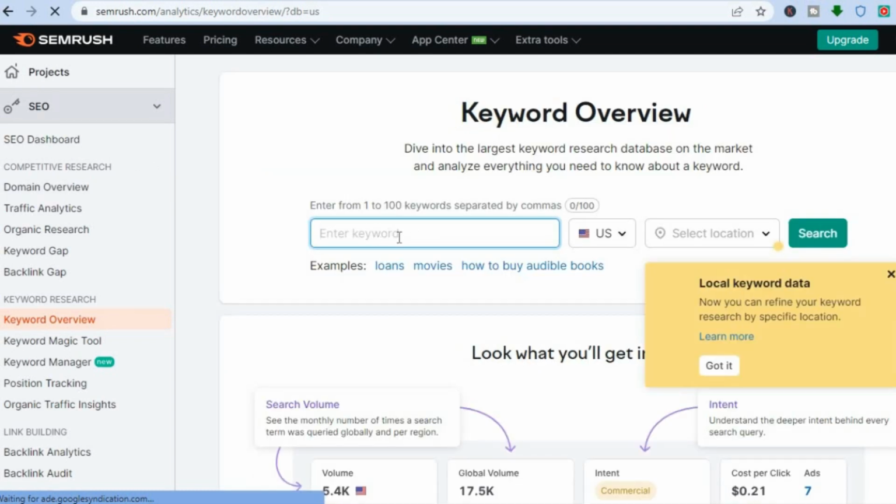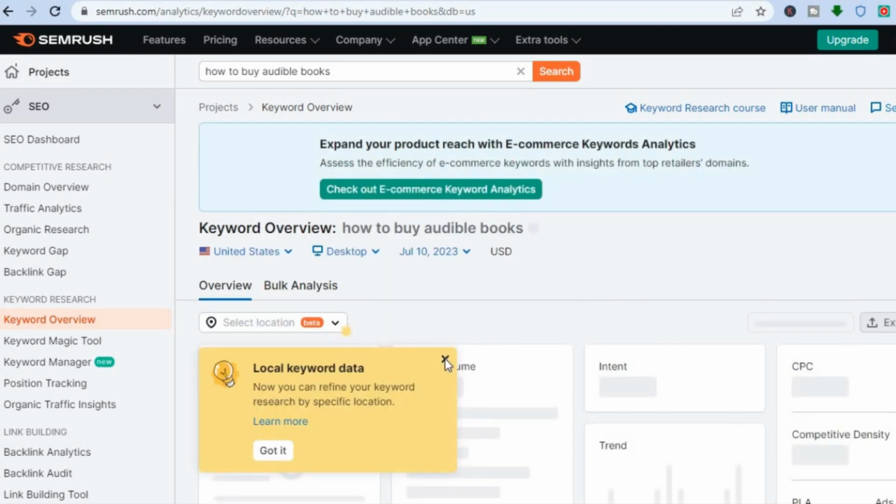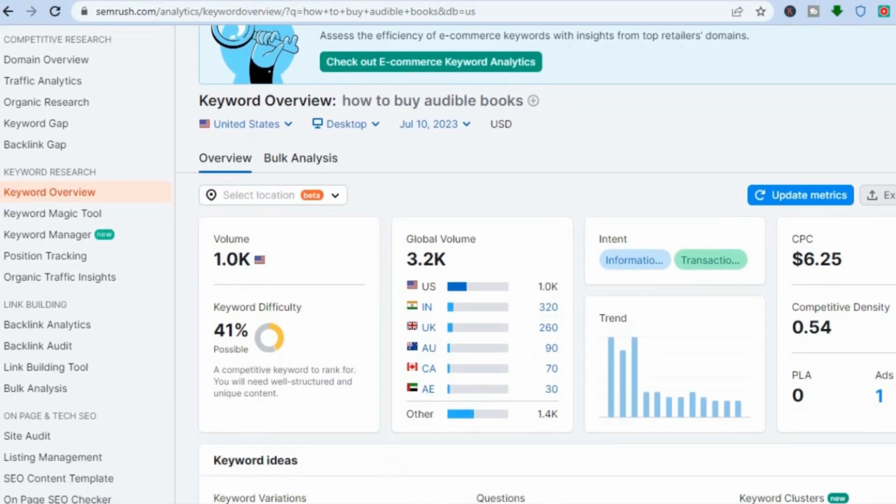And from here, all you would have to do is enter the keyword that you would like to search for. So let's say, for example, I were to enter this keyword, how to buy Audible books. So you can see right there, after I've entered the keyword and I've tapped on enter, by scrolling down, I will see a breakdown of